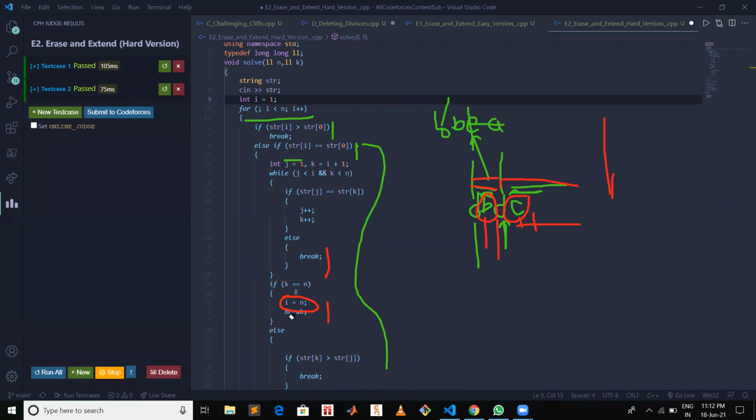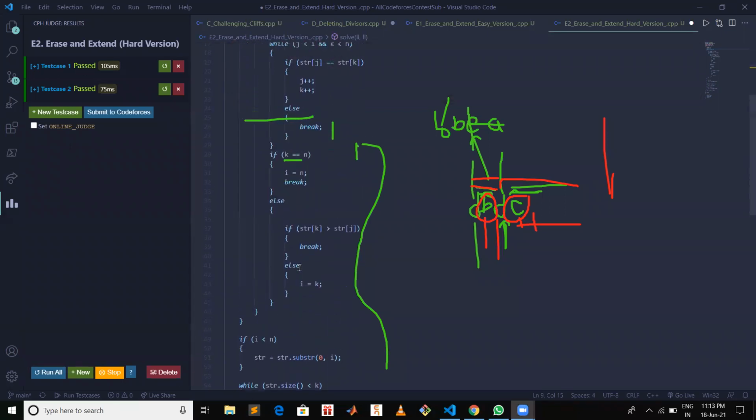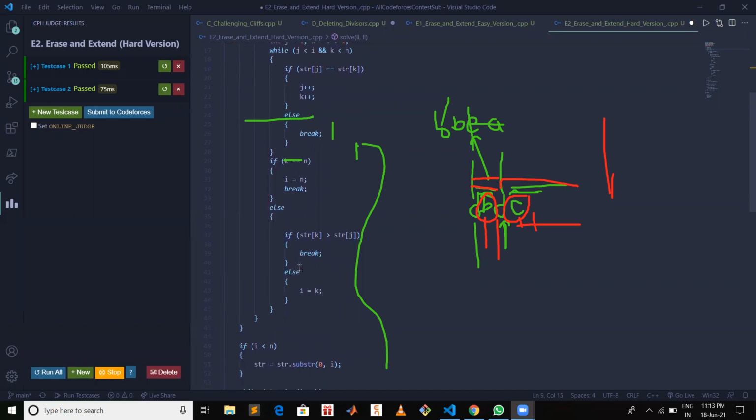Okay. And the second case, which we are testing, when k is not equal to n over here, then we are checking if string at kth position, this one, is greater than string at jth position. Then it simply means that we can delete this part of the string, and after that we can concatenate this part to get the smaller one.